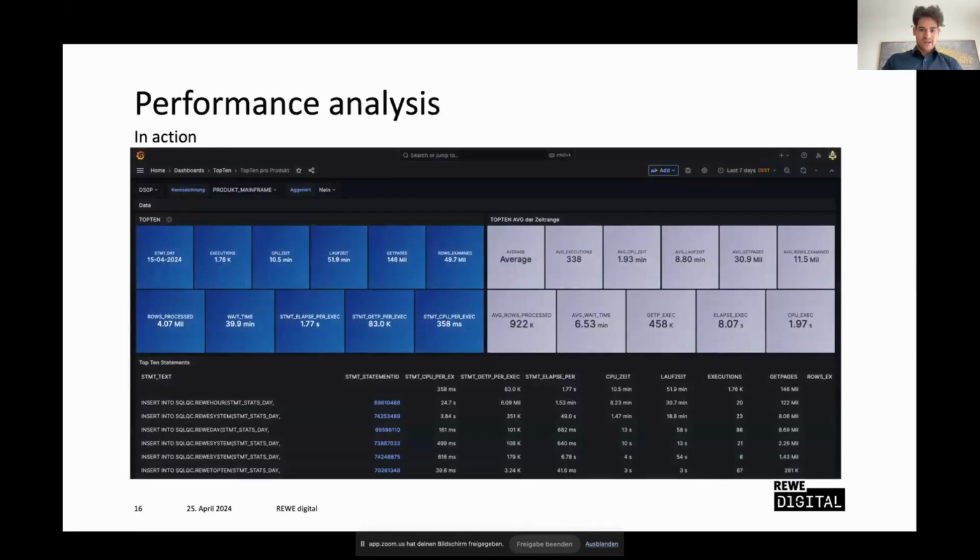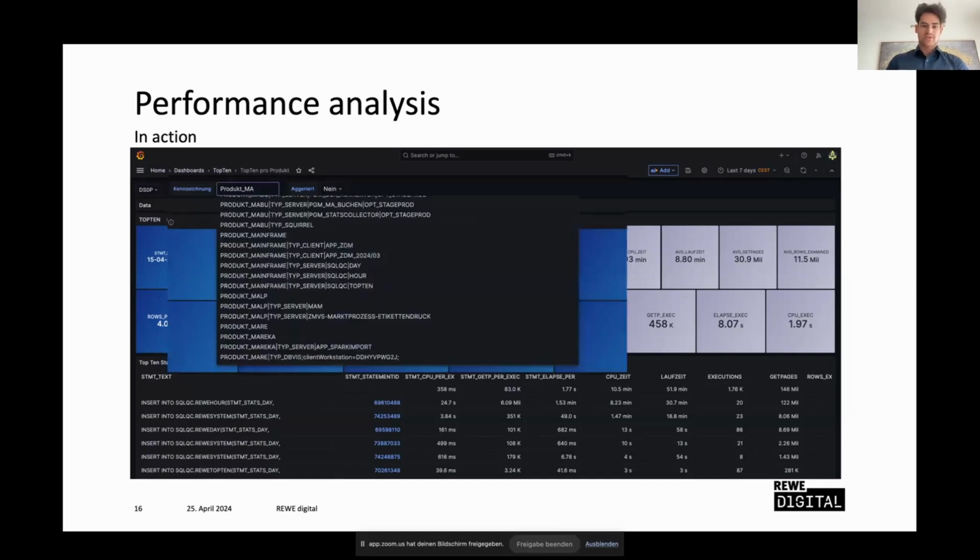the performance list. This is our main dashboard, you can see here. To explain it in a few words, here's my mouse. On the top, you can see a Kennzeichnung. It's like an application string, a transaction string, which is grouped by the applications we use in our company. You can click on it and it will open. So you can see we have a product mainframe, product Mabu, item